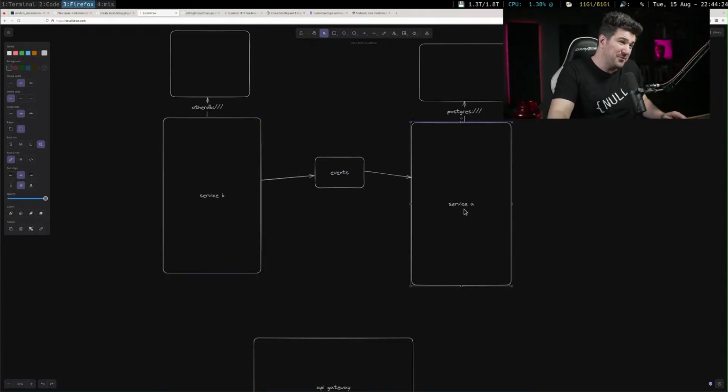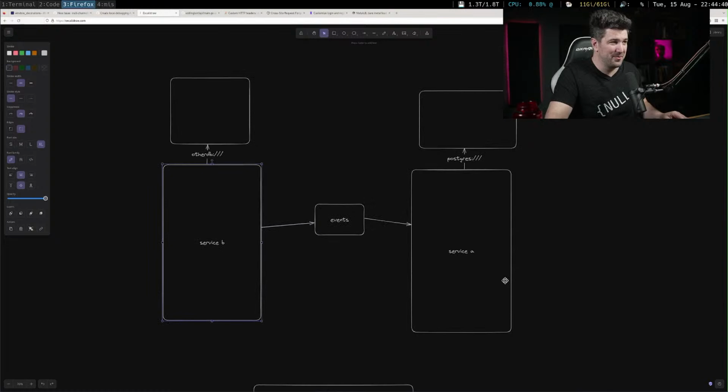So all you have to do is write service A and service B, and that's all you have to do. That is Project Eddington. That's what we're doing. And sorry for the rant.